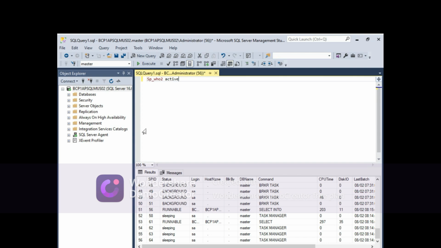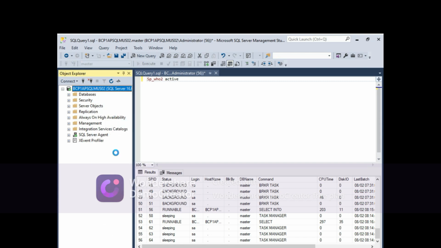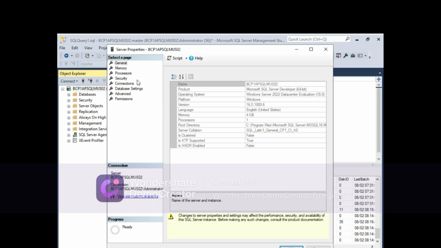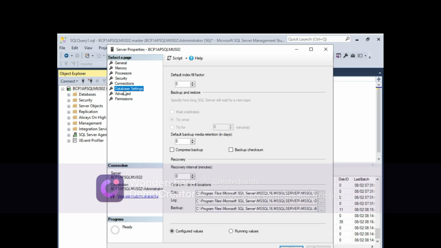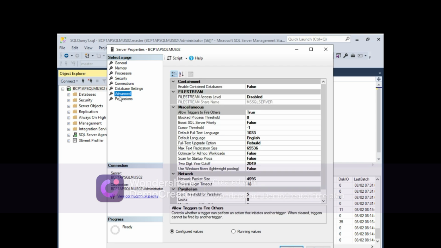Next, you have to check the maximum degree of parallelism. Select the server, right click, then go to properties. Under properties, there are a few tabs: database settings, connections, or advanced. In advanced, you need to go